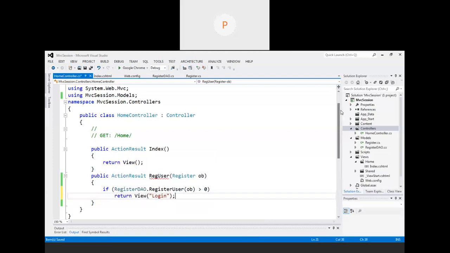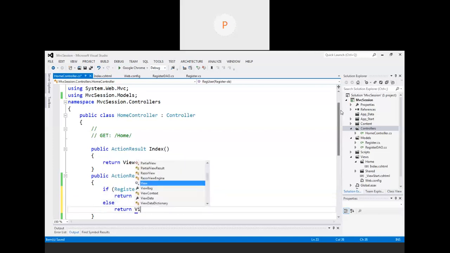Else we will say Index, meaning we will navigate again to the register page, that is the home page.